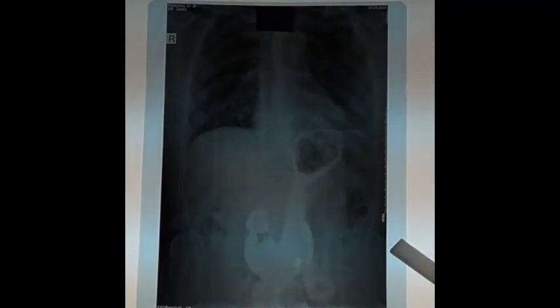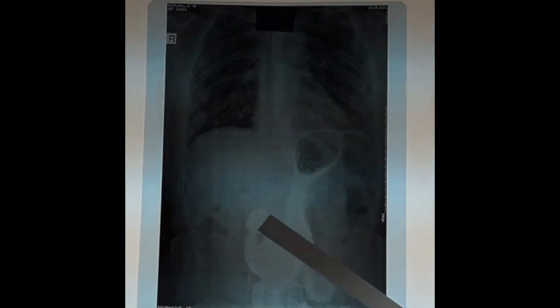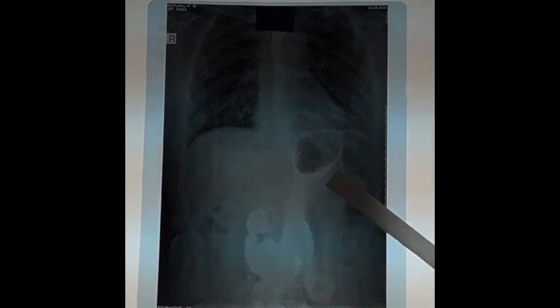This is the contrast X-ray of barium meal. Barium is a radio-opaque substance because of its high molecular weight. The barium sulfate is harmless to our human body, and it doesn't dissolve in the water completely, where it forms just a suspension or emulsion in the water. So as soon as the subject is made to drink, we can view the stomach and the first part of duodenum as duodenal cap. So this is called barium meal.